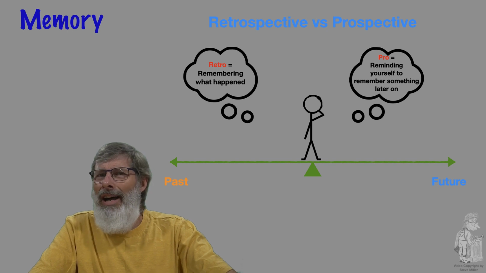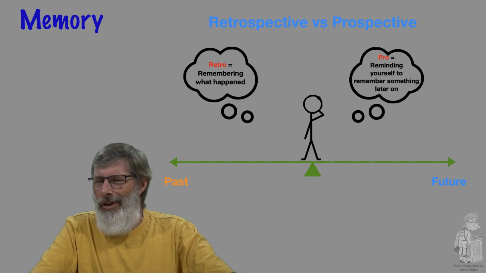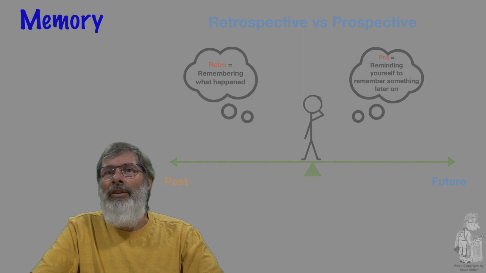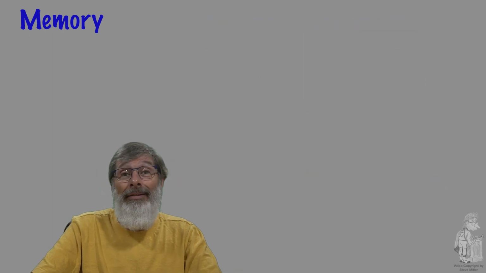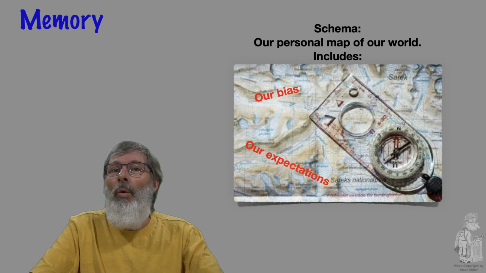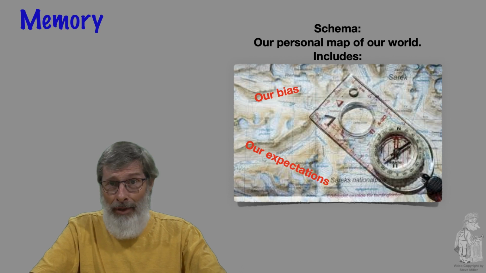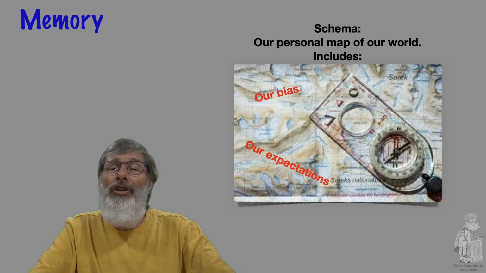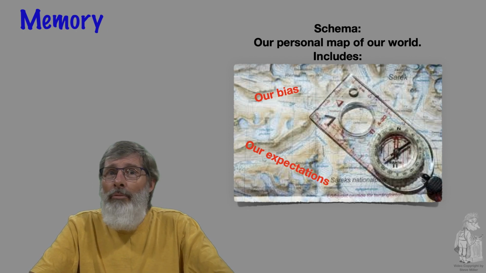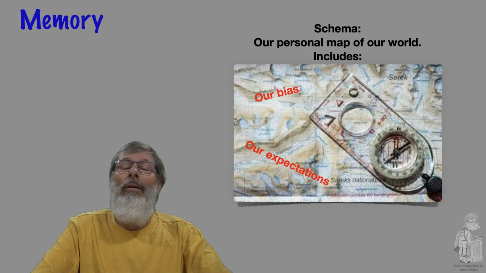So, how accurate is our long-term memory? Well, researcher Elizabeth Loftus notes that memories are distorted by our biases and our needs. We represent our world in a form of schemas, or mental representations of the world. The way we view the world is not the same for everybody. Schemas are the integrated frameworks of knowledge and the assumptions that we have about people, objects, and events. Schemas affect how we encode and recall information.